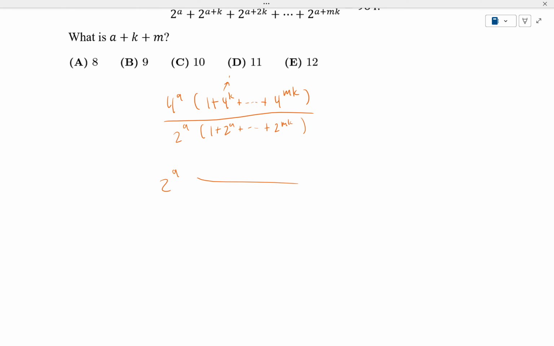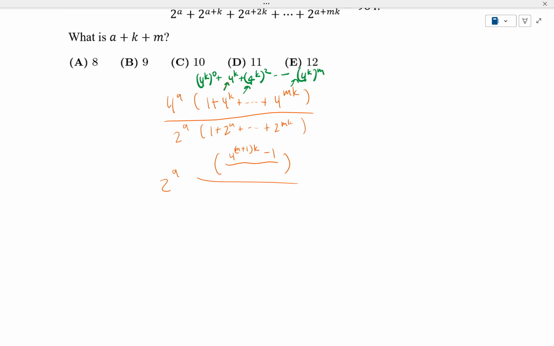So this is 4 to the k. I'll use a different color, sorry. This is 4 to the k squared, and this is 4 to the power of k to the power of m, right? So it's 4 to the power of k to the power of 0 plus and so on. So right away, you can use the partial sum of a geometric series formula to get that it's equal to 4 to the power of (m plus 1) times k minus 1 over, in the bottom, it's not 4 minus